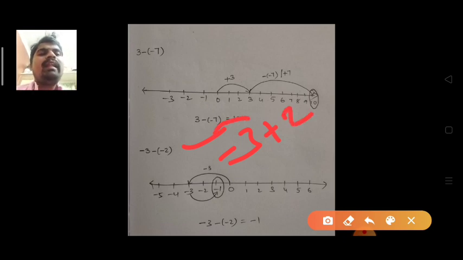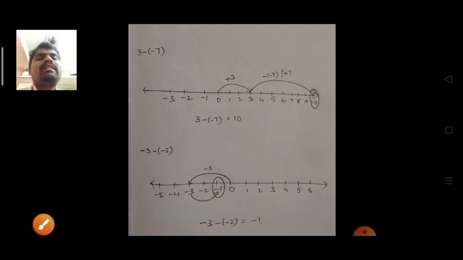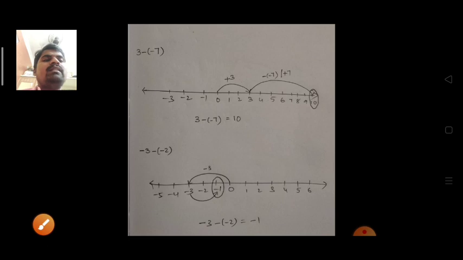Here a negative number and next a positive number. You know very well, first a negative is there, so start from 0 and move left side, negative is there. So minus 3. After that positive is there, so 2 steps you have to move right side from the main point. This is the main one. So 1, 2. So what is the final answer here? Minus 1. So this is the process to find the answer by using the number line.